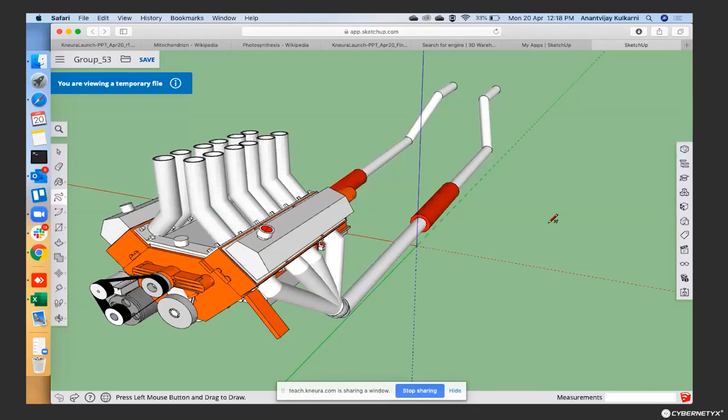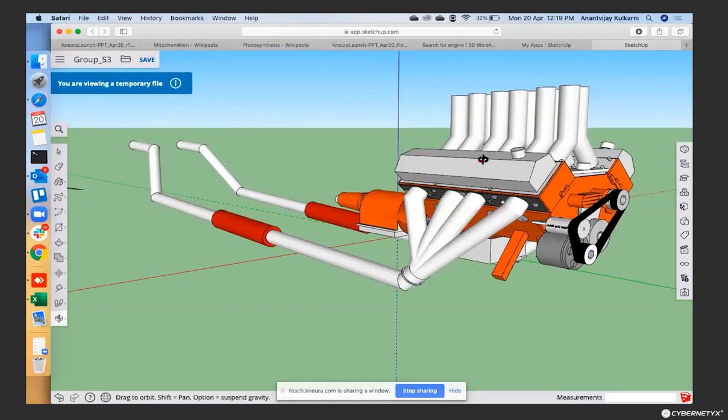Now you see that there are three things. The canvas was already available, my screen sharing is available, and my video is available. This way you can share any local content on your desktop with the student. And if the teacher wants to explain something about this model on the canvas, they can go back to the canvas and take a page.